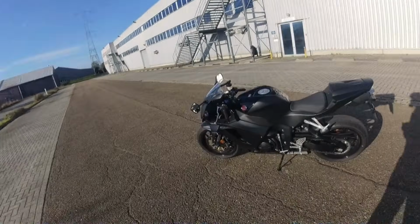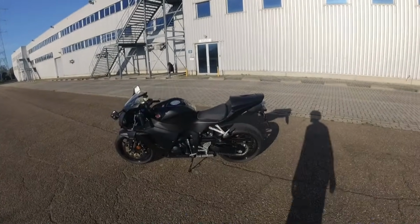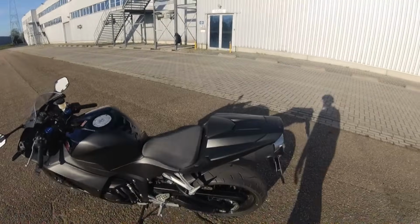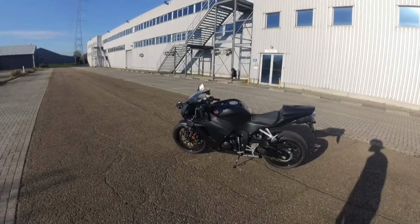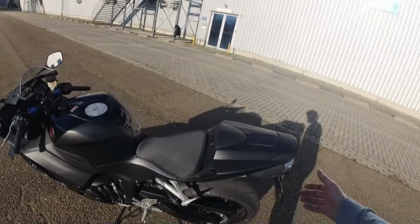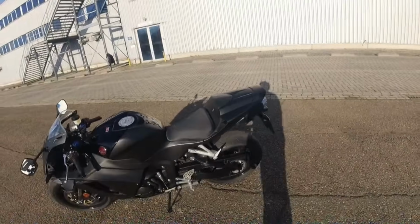I bought this one for 12k, so the basic price is 11.8, but believe it or not, nowadays the rear seat cowl is an option, and they ask 200 euros for that. You will say, well, why do you take it if it's 200 euros and you sound like that about it? Well, because it's something that I like the look of, and I know myself,